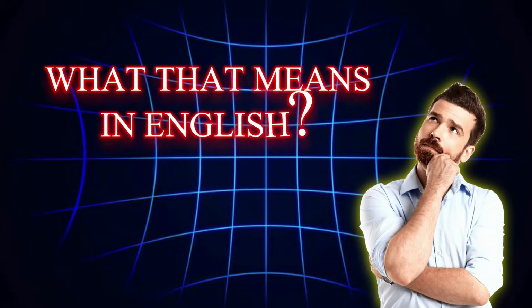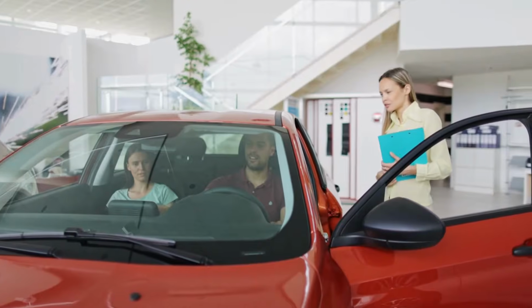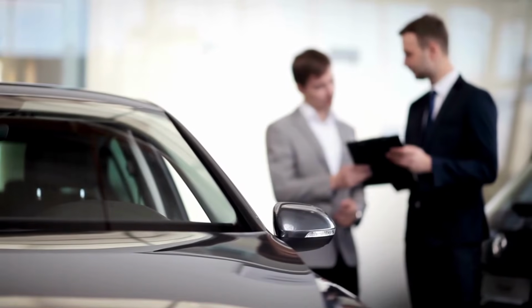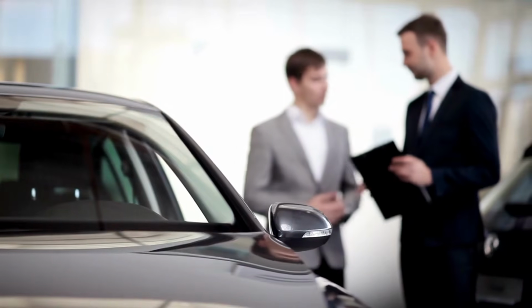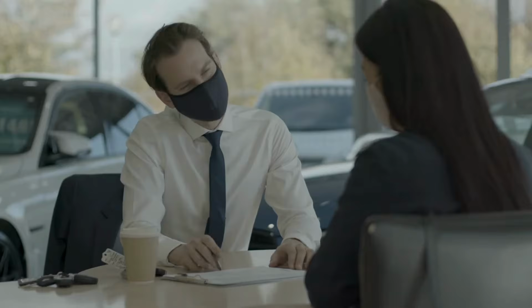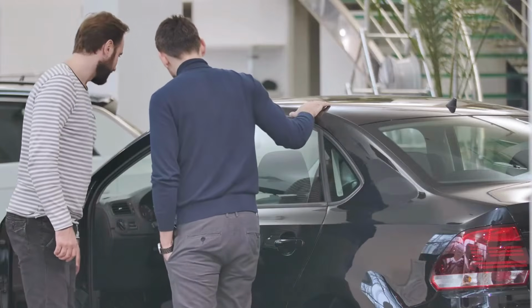And what that means in English: once you drove 40 minutes to see that car, you're not leaving empty-handed. You'll look at something else, something more expensive. And this works because of a psychological principle called the sunk cost fallacy, where people justify bad decisions by the time they've already invested. The average markup difference between the advertised bait car and the vehicle they actually sell you,